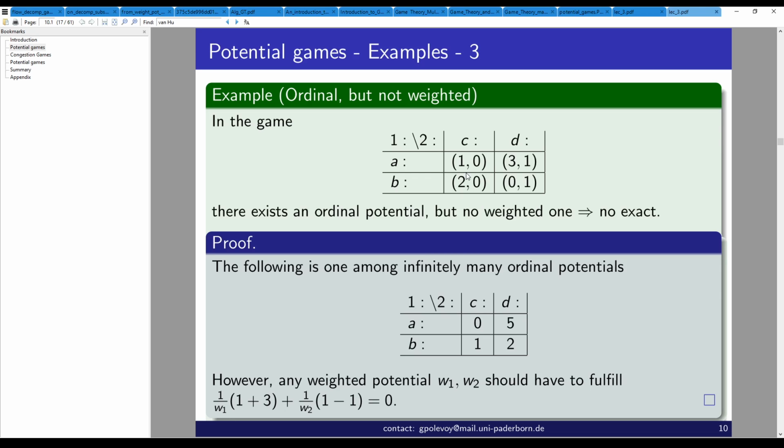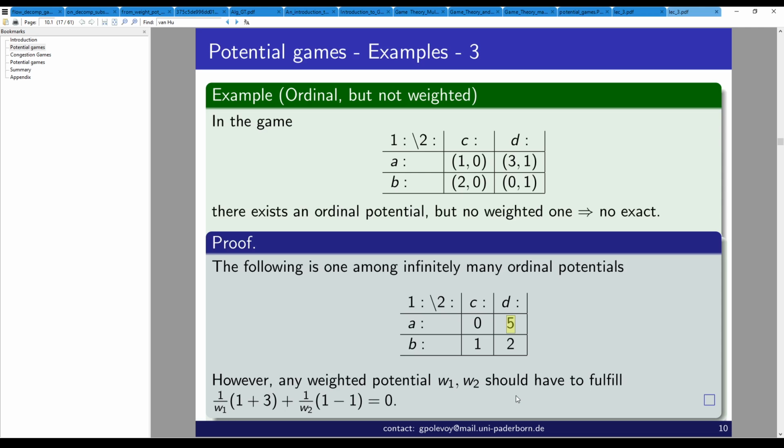Let's check just that it's an ordinal potential. So let's say that we move from AD to BD. The only change in play is the row player, and she decreases her utility. The potential also decreases from 5 to 2 when we move from AD to BD. However, any weighted potential would have made us arrive at a contradiction,